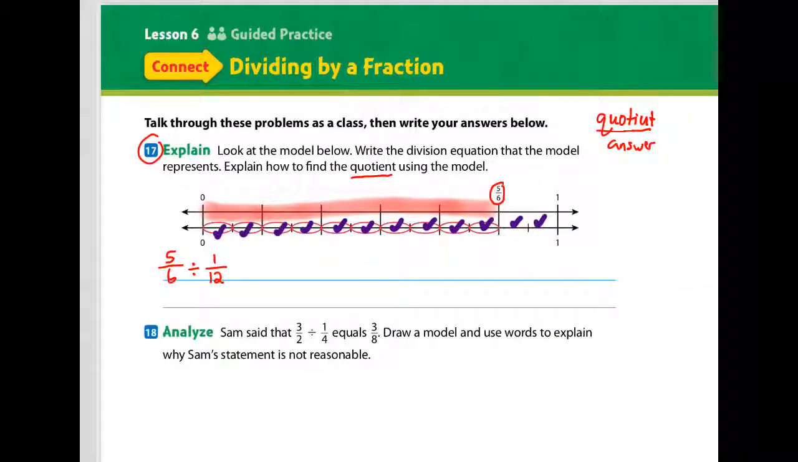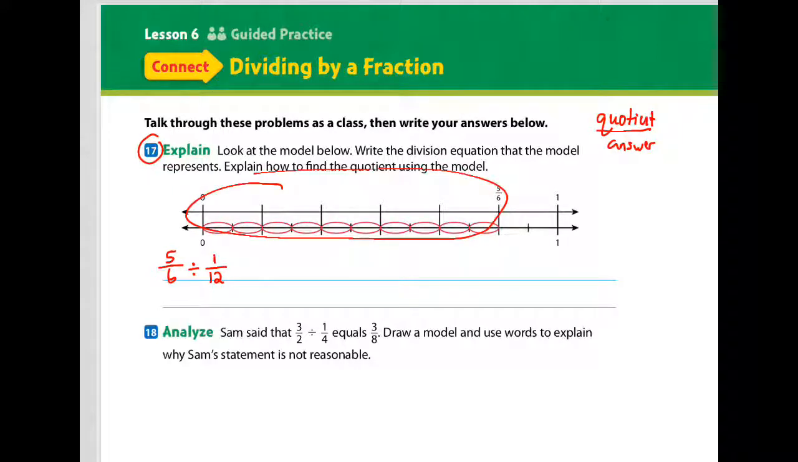Now to answer it, here's what they did. Now let me erase some of this here. You see how in red they circled each twelfth? So they were basically counting how many of these twelfths were in the 5/6. So when I answer that, all I have to do is count them. So when I do, I get 1, 2, 3, 4, 5, 6, 7, 8, 9, 10. So the answer is